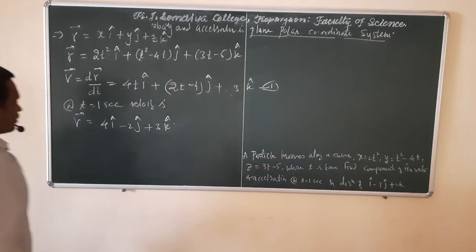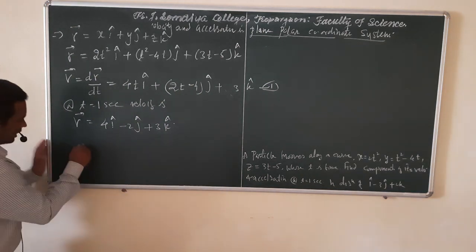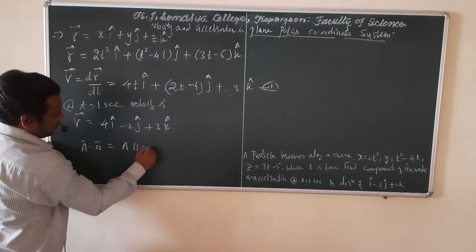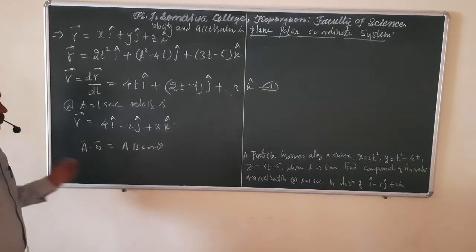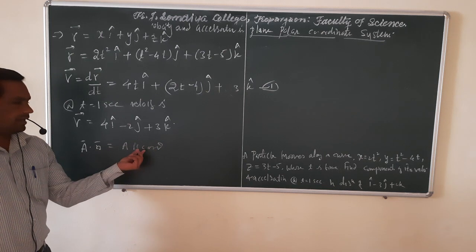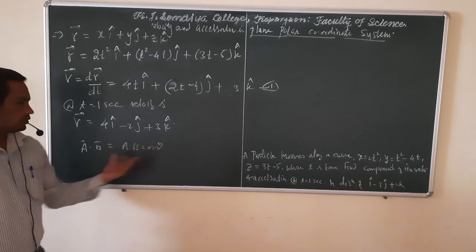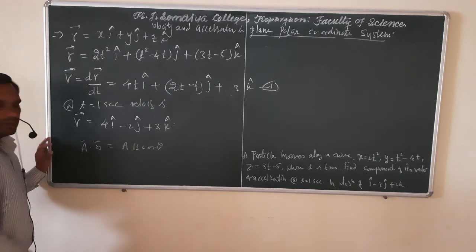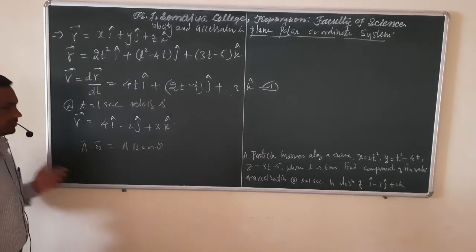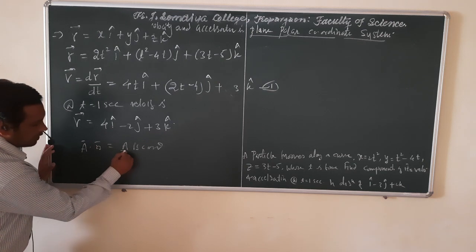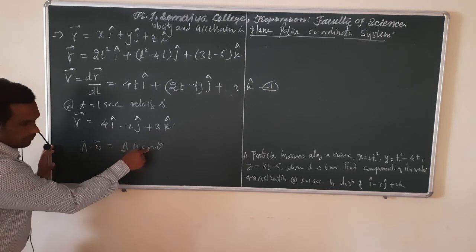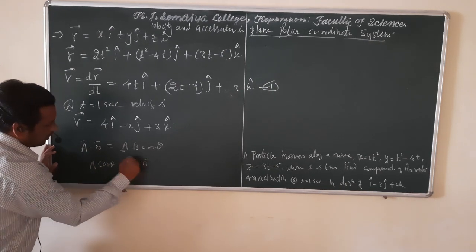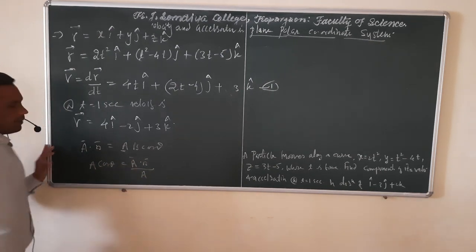From the dot product, we already know that if you take the dot product of two vectors a and b, which is a into b cos theta, the component of this vector along b is a cos theta. So how can we find the component of one vector in another direction? We already solved this type of problem. Suppose you are taking the component of vector a along b, which is a cos theta, which is a dot b divided by the magnitude of b.